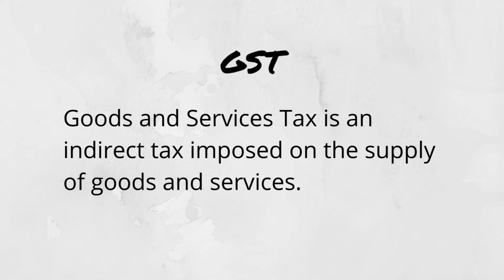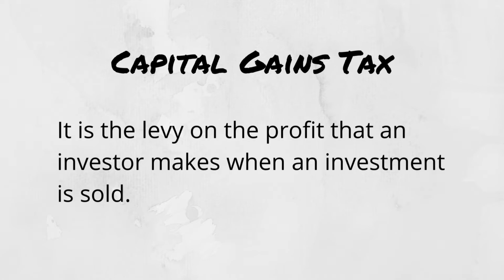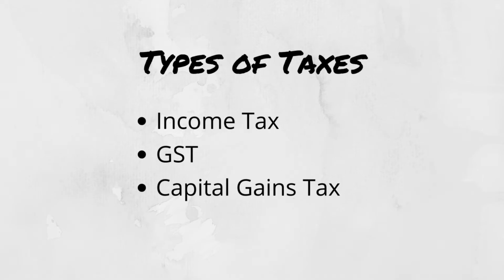Right. And we have capital gains tax. Capital gains tax applies whenever you're selling some property. The property may be a house, land, gold, or stocks, mutual funds. Any asset that you sell, if you made a profit, then depending on the duration, how long you invested in it and how much profit you made, it is called short term or long term. Depending on that, there is a gains tax that is charged. Okay, so we saw income tax, the GST, which is goods and services tax, and then capital gains tax on what we buy and sell.